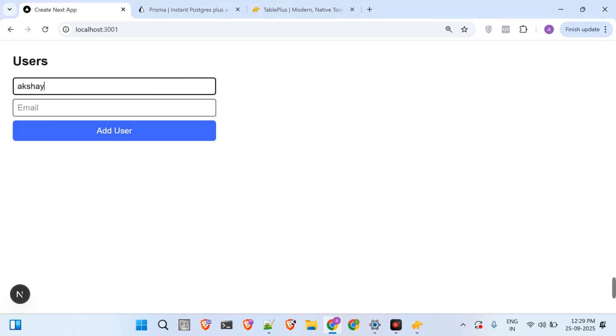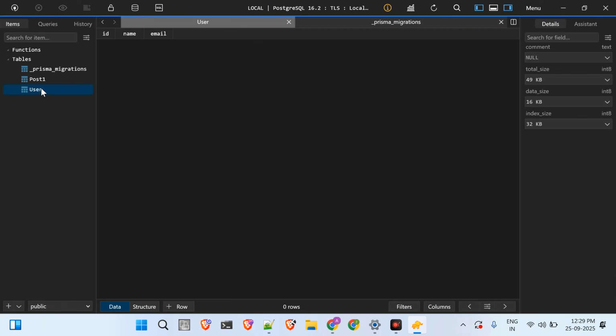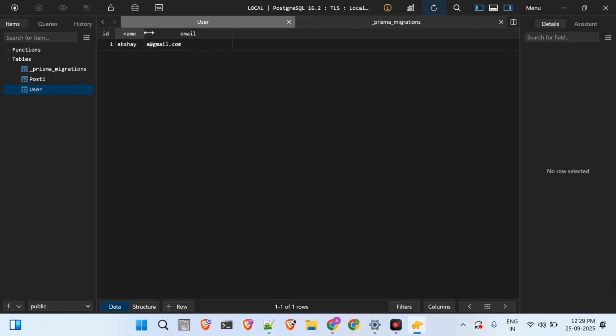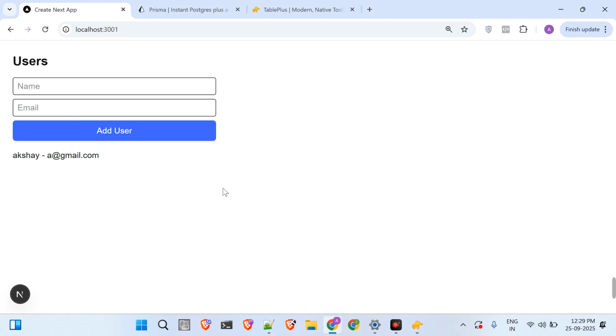I will say Akshay at gmail.com. I'll add this. Okay, so now this is the data which has been added to the DB. Now let me show you the DB, the user table. Let me refresh. Here, as can be seen, the data is there in the DB. And here I'm also getting the data back. Let me refresh the page. Here, I'm also getting the data back, because